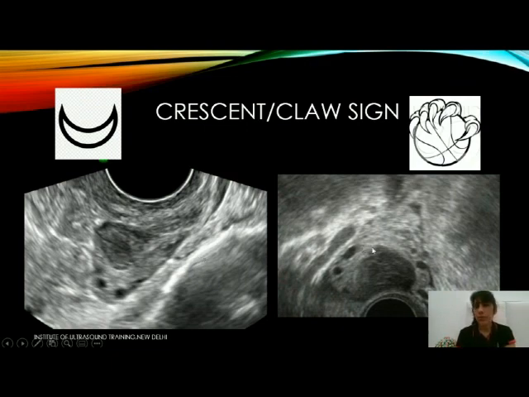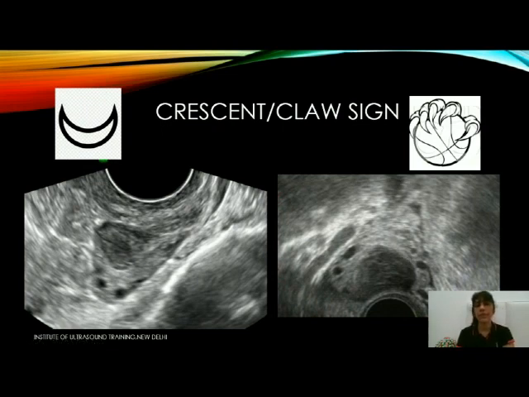Similarly, this picture also shows you the same thing. We also call it the claw sign. Why? Because you can see this is the hypoechoic mass again, and again you can see there is brighter ovarian tissue surrounding it with follicles, and it seems as if it is holding the mass in its claws. This is the claw, and in this is the mass. So this is the ball and this is the claw with follicles, which is actually the ovarian tissue with follicles, and it again confirms that this mass lies within the ovary.